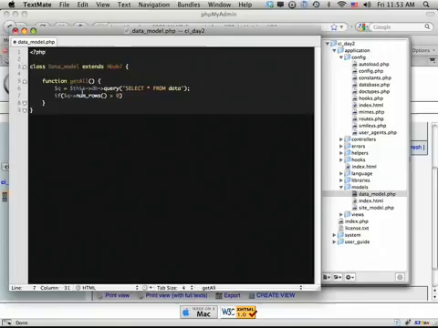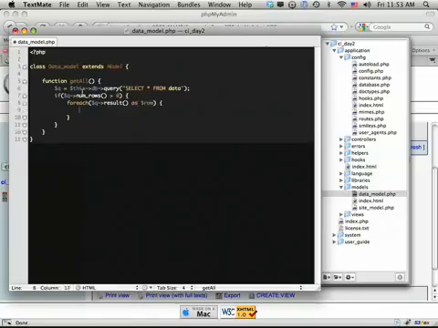Otherwise, we don't want to do anything, correct? So let's create a new data array, and that's going to be equal to, let's add our foreach statement. For each Q result, and this will store our records into this result. For each one of those as row, then we'll create a new data array, and that's going to be equal